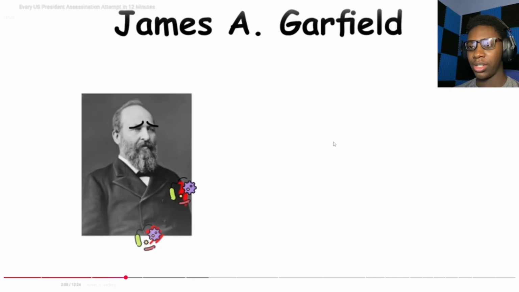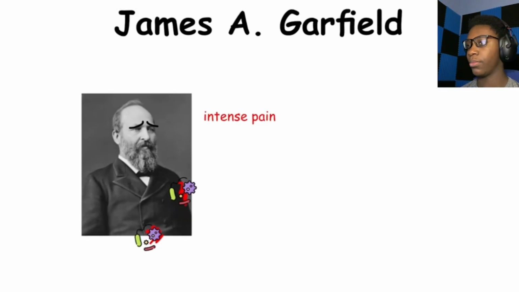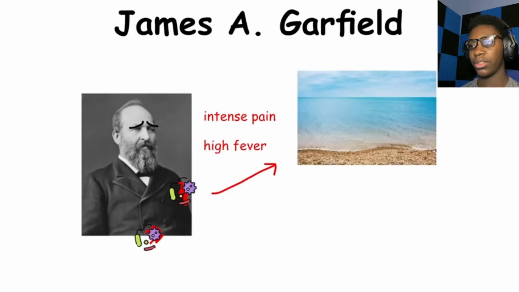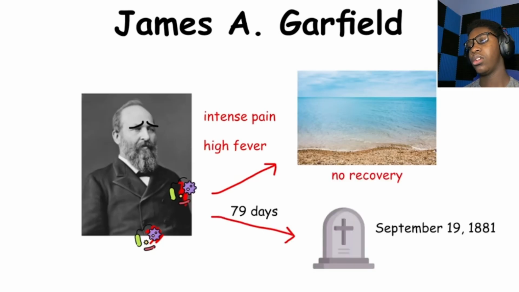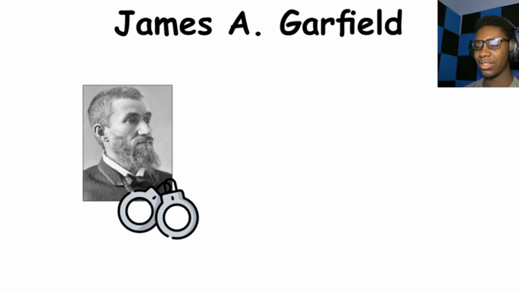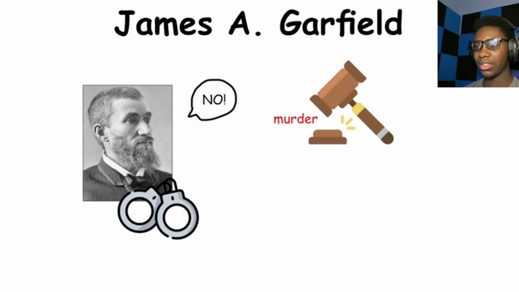Garfield's condition worsened over the summer as he endured intense pain and high fevers. Despite various attempts to improve his health, including moving him to the seaside in New Jersey, he did not recover. After 79 days of suffering, Garfield succumbed to his injuries and the ensuing infections on September 19th, 1881. Guiteau was immediately arrested after the shooting. He was tried for murder, and despite his claims of insanity, he was found guilty and executed by